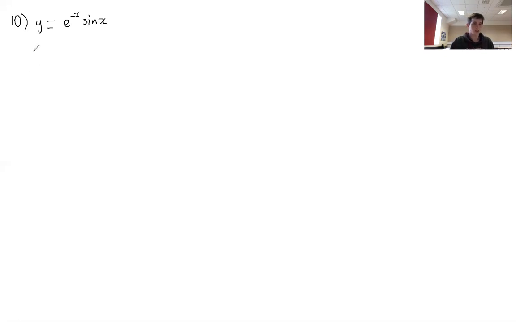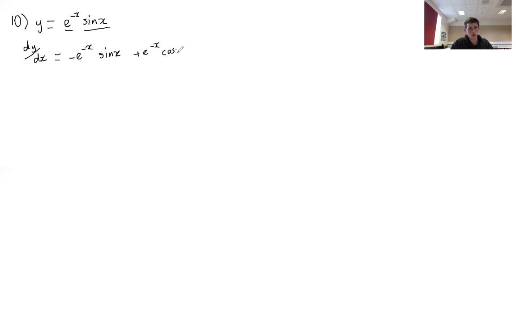So first of all, we need to find the derivative before we work out the second derivative. This was actually the first part of the question. And again, we can see that we've got a product of two functions which are themselves functions of x. So we need to use the product rule in evaluating the derivative. If you do that, that's going to be negative e to the power of negative x times sine of x. And then we're going to have plus e to the negative x,